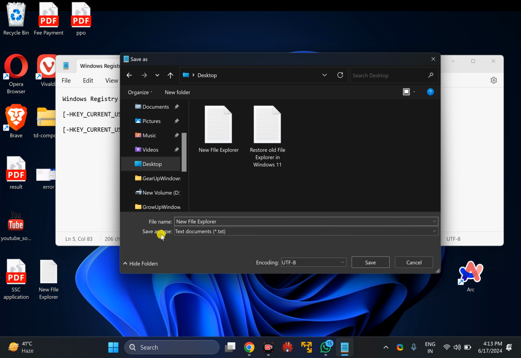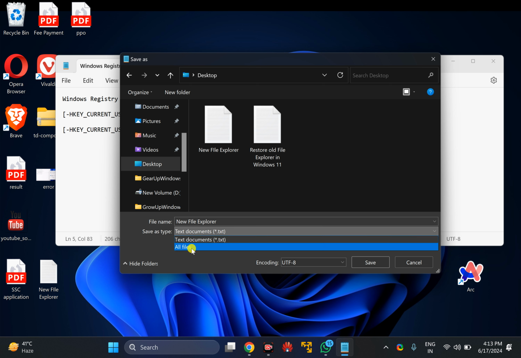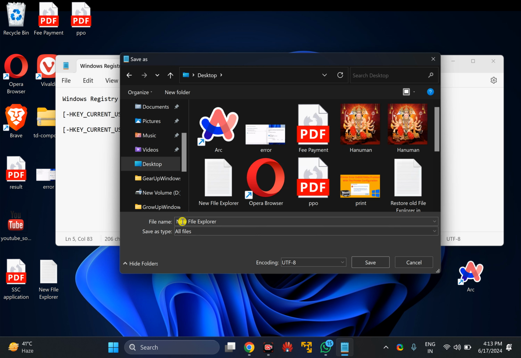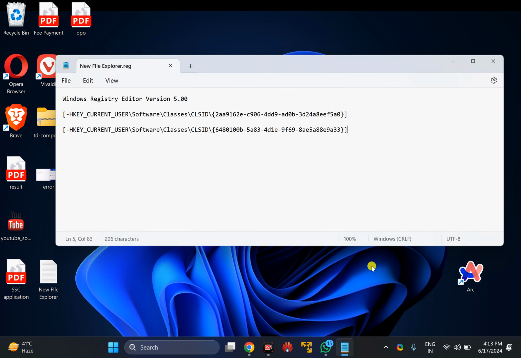After that, click on the Save as type drop down menu and choose All files. Now change the file name. Just put .reg at the end of the file name and it will be something like this, new file explorer.reg. After that, click on the Save button.